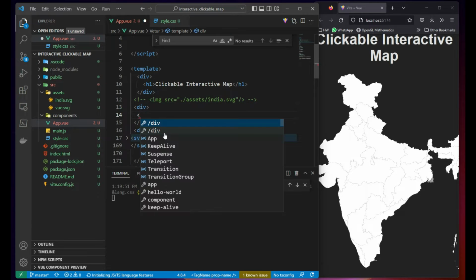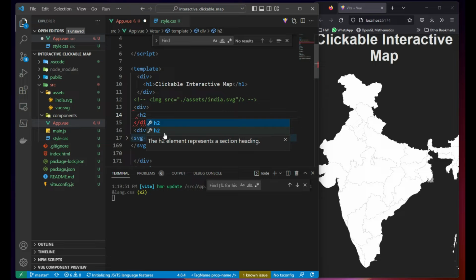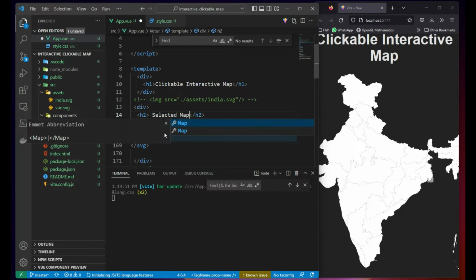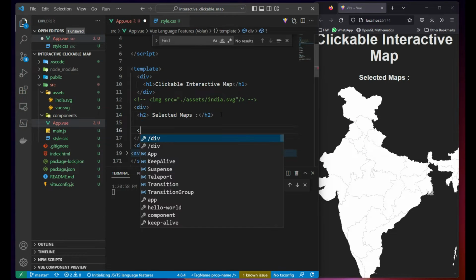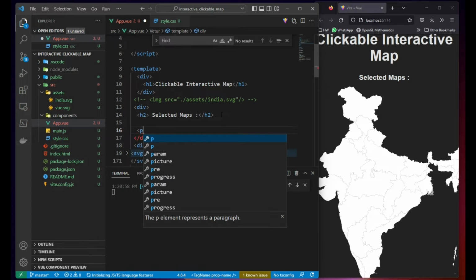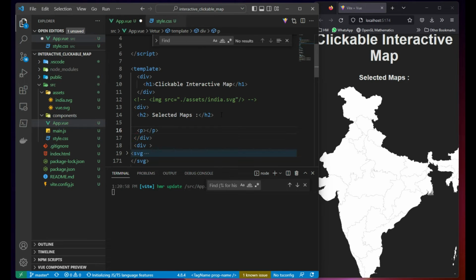So first information I need to show is an h2. This should be selector maps. Whatever I'm going to select should be displayed here. Okay, this one, let it be there. And another one, I need a paragraph and say that current